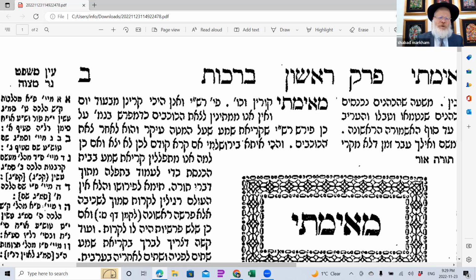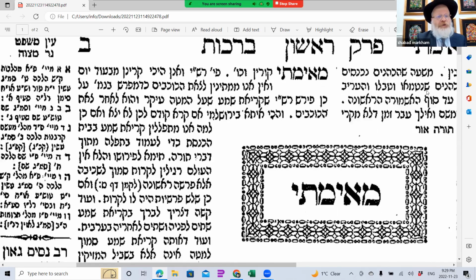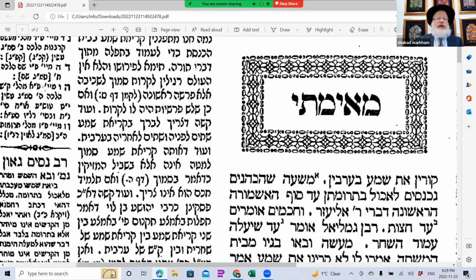He says we know that the custom when we go to sleep is only to read the first paragraph. What about the three paragraphs? Because the mitzvah of Shema, you're supposed to read three paragraphs of the Shema. And the other thing is, the sages made a few blessings before the Shema and after the Shema. We say Maariv Aravim, Ahavas Olam, a few blessings before the Shema, and then we have Ga'al Yisrael and Hashkivenu. The sages put those blessings before and after. So what happens with that?